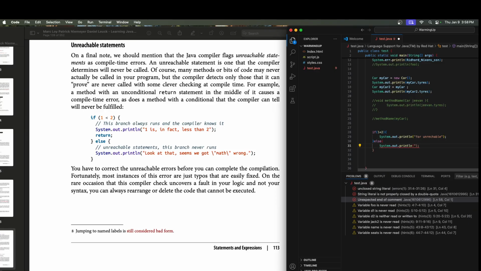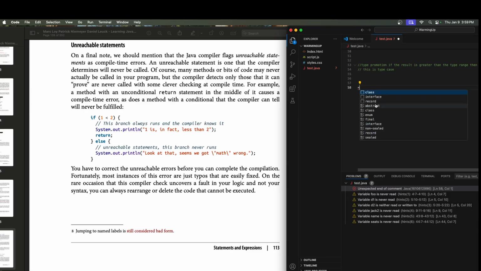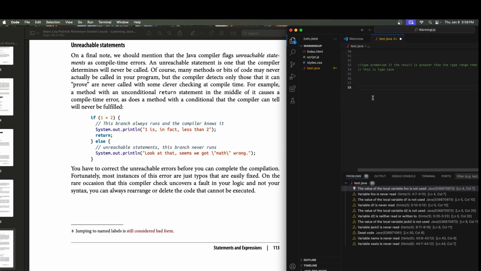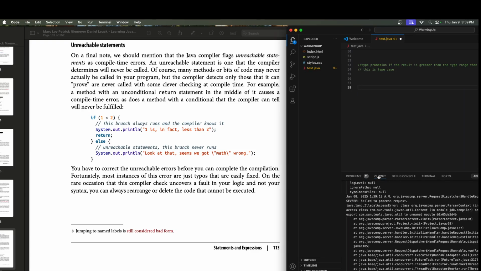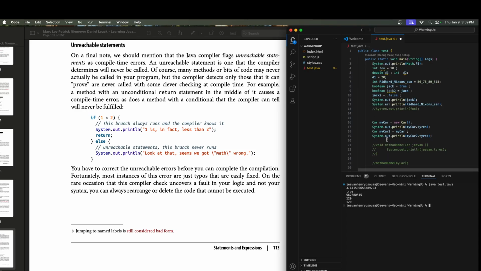So now it should say, oh, see, it's already started. Let's have a parenthesis. Unexpected end of comment. Where is this? Yeah, just remove it for the time being. Okay, so the value of the local variable. Oh, it's not giving any error because, yeah. So now if you say